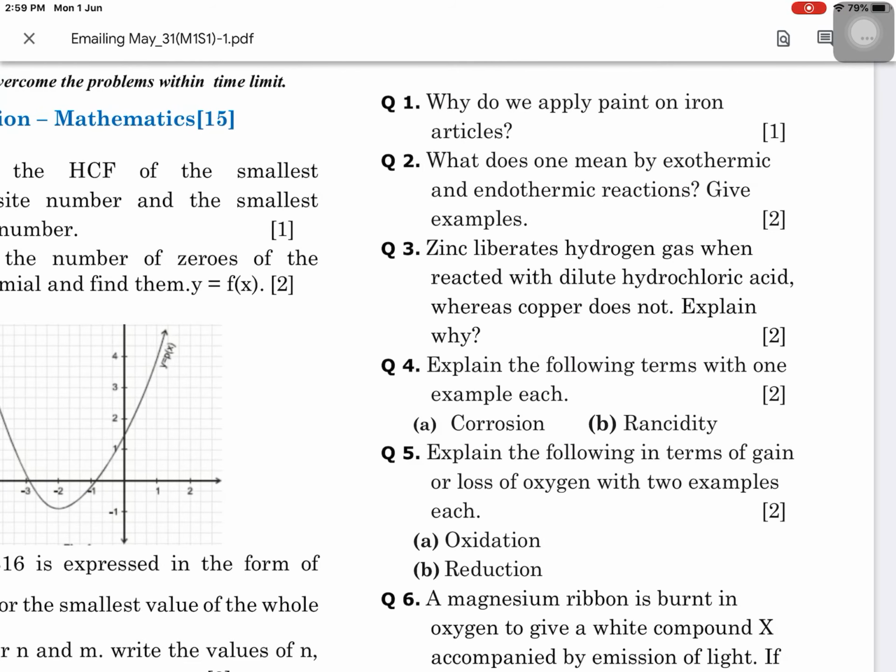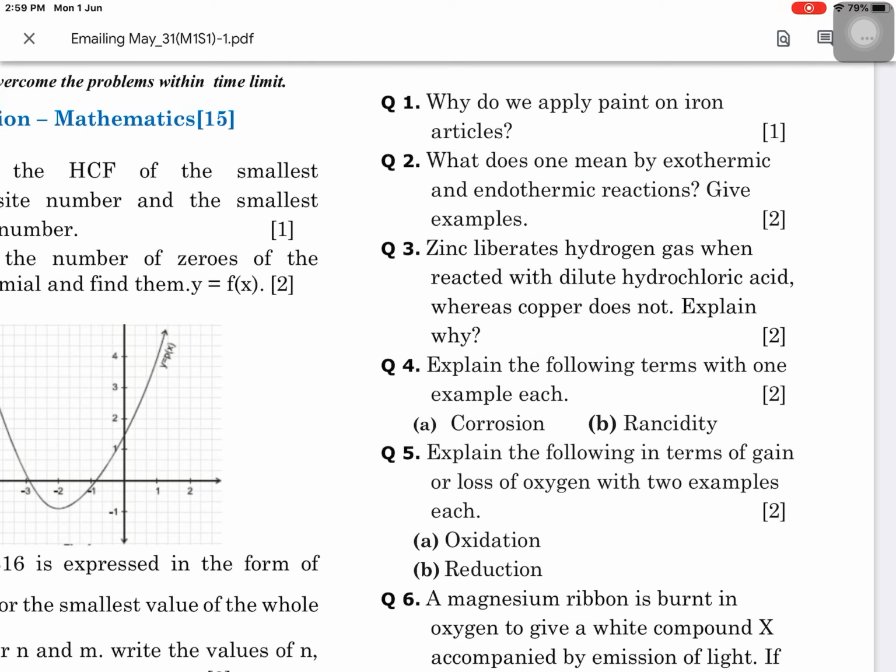So the definition of rancidity: a foul smell starts coming from the food when it is left open in the atmosphere for a long time. This is called rancidity, and we can prevent it by keeping the food in the fridge. Nitrogen flushing you would have seen in pouches of kurkure and chips sold by different companies in the marketplace. Those pouches carry these types of edible materials. Is that clear?